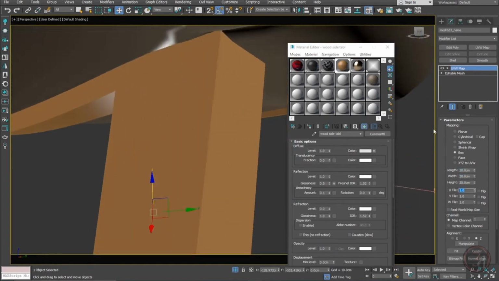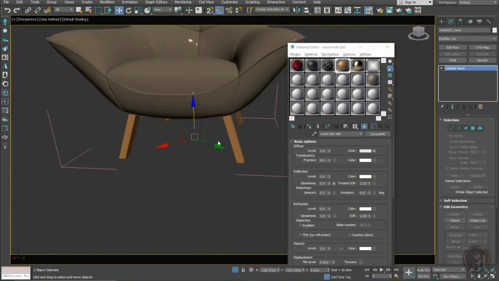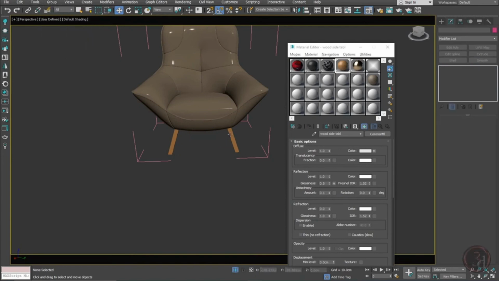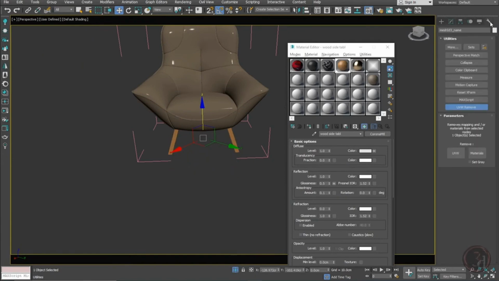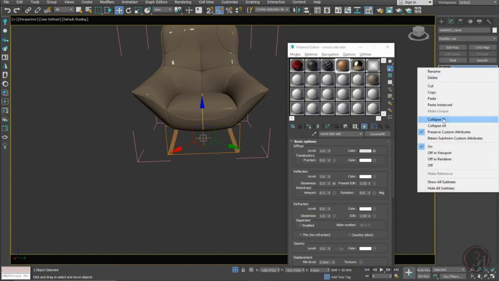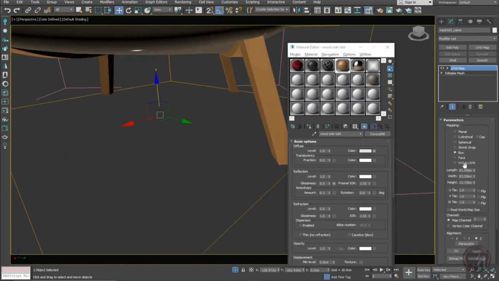Why we don't see it? The reason we don't see it, maybe I need to reset the XForm. So what I can do is detach it and come in here, go to reset XForm, reset selected. Let's see if it has any effect. Yeah, so just right click, collapse to. Now if I apply UVW modifier and apply the same value 111, and we remember that was